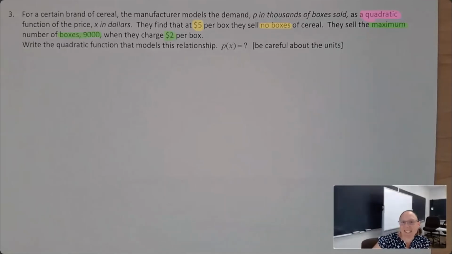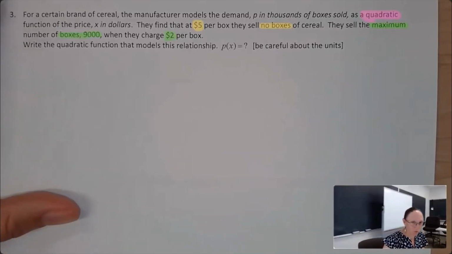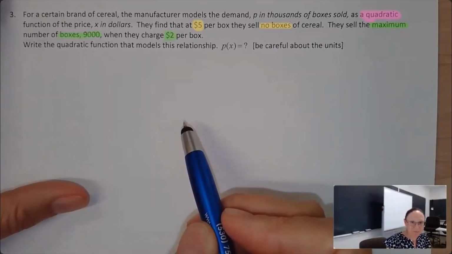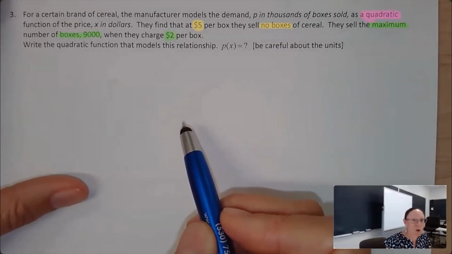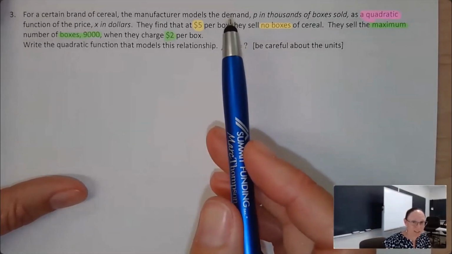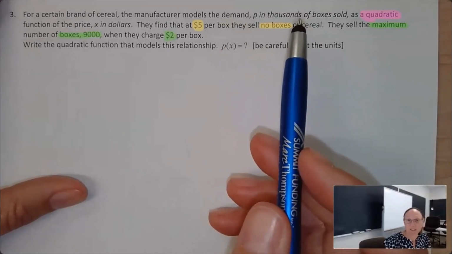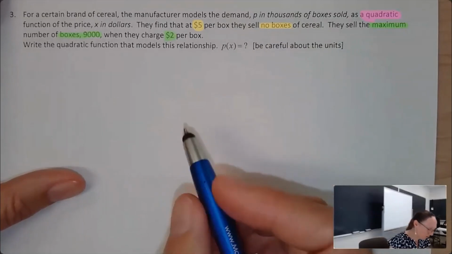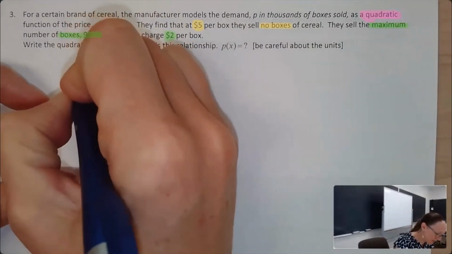Let's kind of dissect this word problem a little bit. And the first thing that we're going to need to understand here is we're supposed to write a quadratic function that models p as a function of x. So p is not the price in this problem. P is the demand. And the demand, we're told, is in thousands of boxes sold. So we're looking for boxes sold